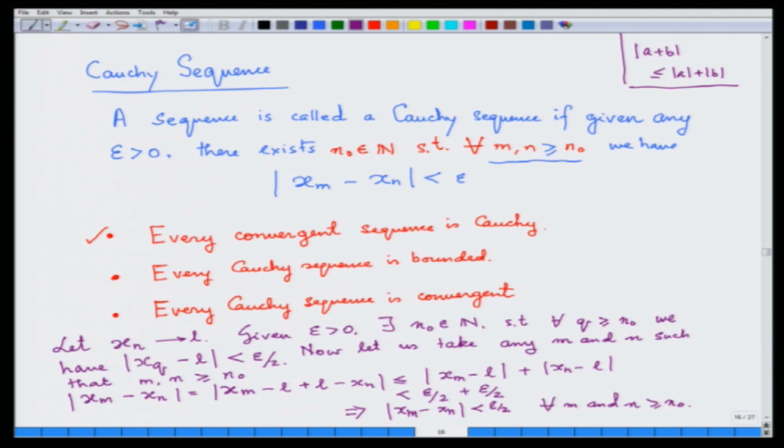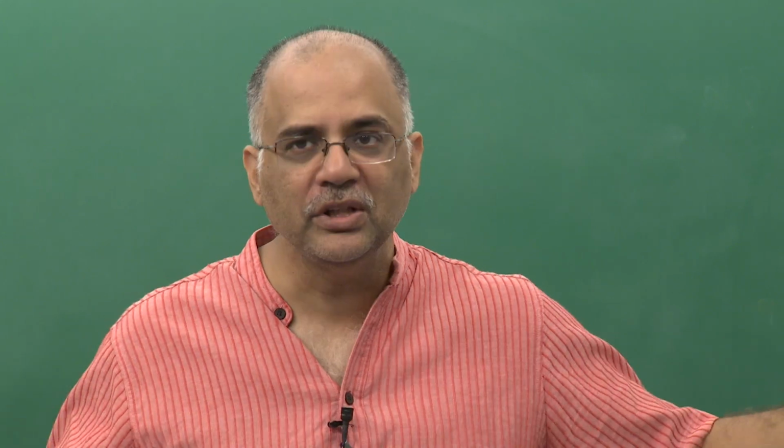Now, I will try to give you a sketch of how you would prove, or at least have an understanding of, this fundamental result: that every Cauchy sequence is convergent. This is very important to understand. This tells you a very important criterion: if you want to prove a sequence is convergent, what is your job? Just prove the sequence is Cauchy.